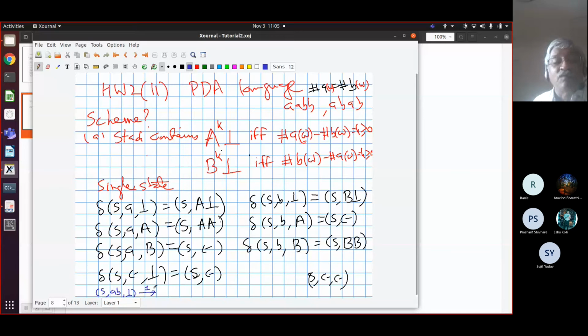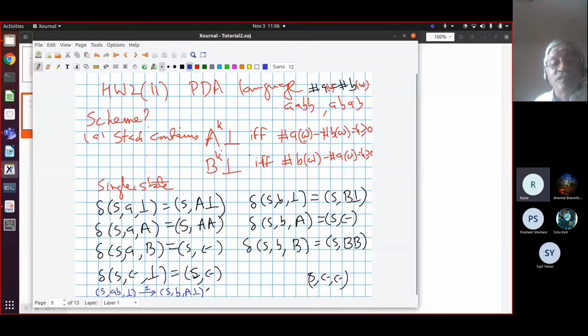And in one step, what will happen? What will be the next configuration, Rani? Do you recall? Yes, sir. So my next configuration, the state will be S. What will be the remaining word to be processed? A will be processed. So B will remain, right? B, yes, sir. And on the stack, what will come? A bottom. So bottom is being replaced by A bottom. So two symbols will come.